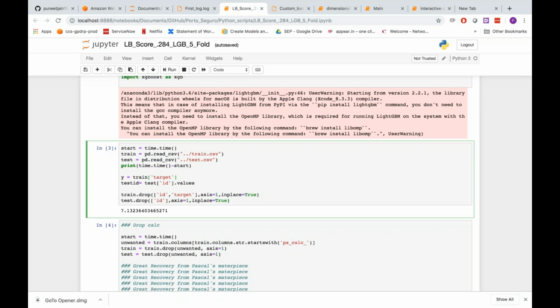The reason I dropped the calculation features was that if you go and look at the EDA part, you'll see that the calculation features are at the very end. They do not really come into